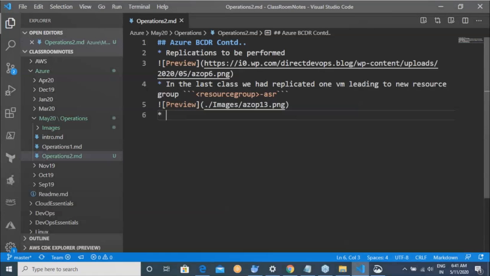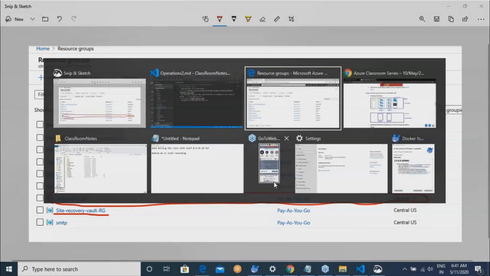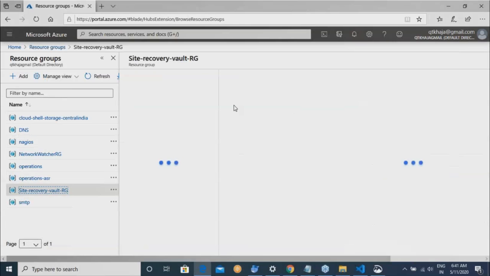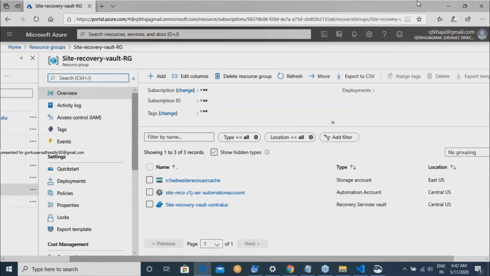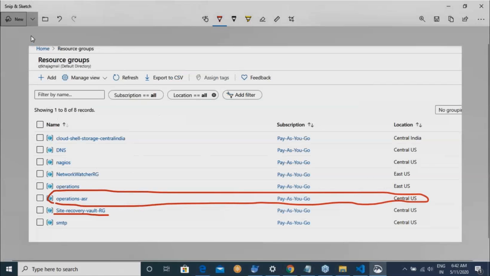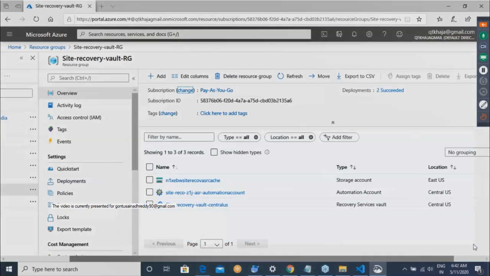Okay. Now navigate to the site recovery vault hyphen RG resource group. In here, you will be seeing these three things.